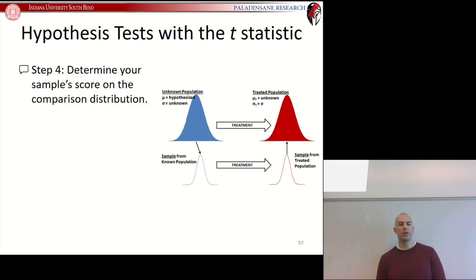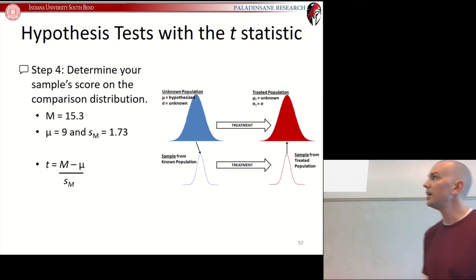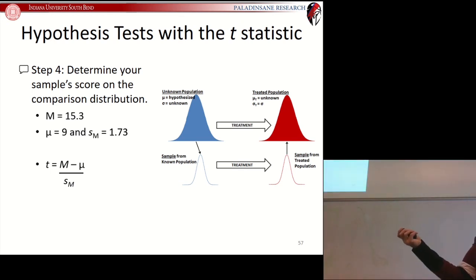So again, the formula for a t-score, very much like the formula for a z-score: we have our sample mean. We get that from the question. Our monkeys spent 15.3 hours with a terry cloth mother. We have our comparison distribution, which has a mean of 9 and a standard deviation of 1.73. We use our t statistic formula, which looks almost exactly like a z statistic formula. We plug in the values, 15.3 for the mean, minus 9, all of that divided by 1.73, and we get